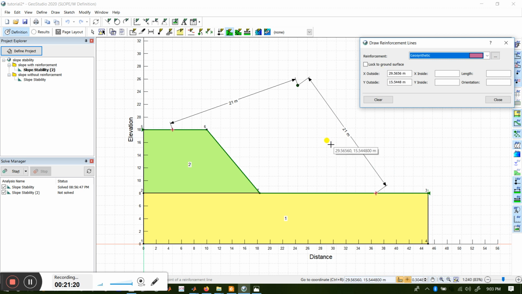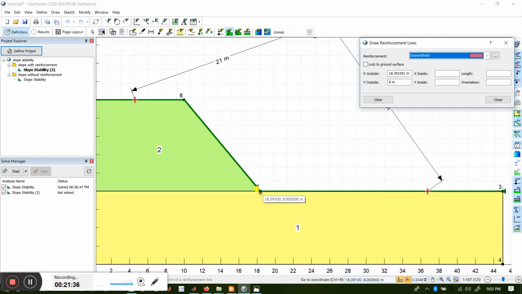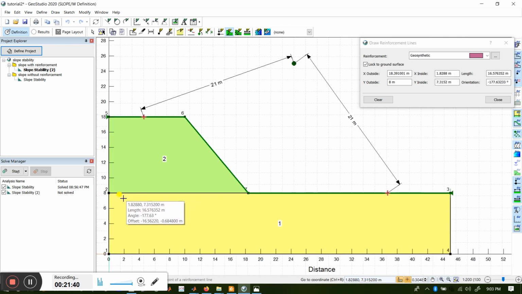To insert the geosynthetic material here, either you can write the coordinates, x-axis outside, inside, y-axis, length, orientation, etc., or you can just go and snap here. So I'll snap here. Let's zoom in, and you see this is the geotextile we are creating, and I'll snap it here.